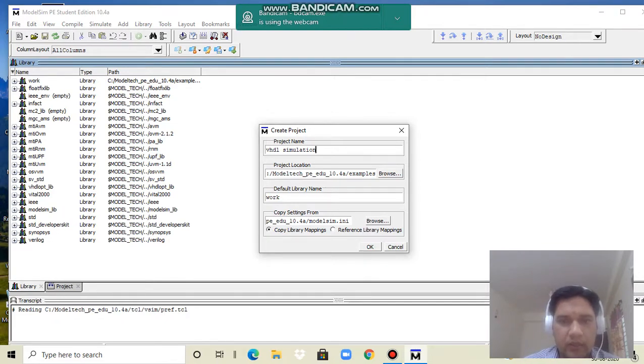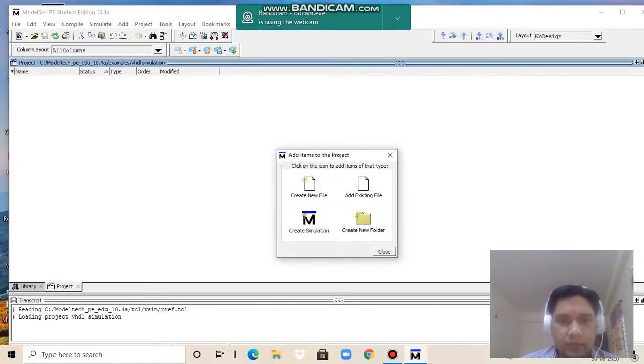The location is by default the C drive where we installed the software. You can also change the location to save the project file. The default library is work, in which all the files that we create here will be stored. Then OK.